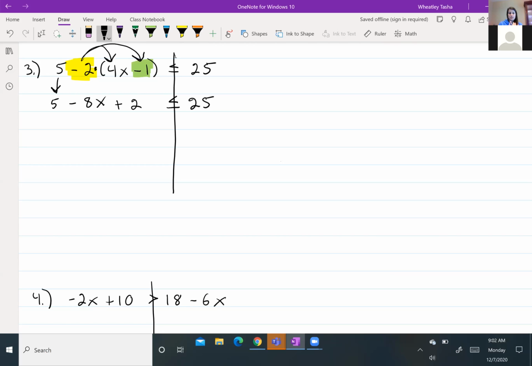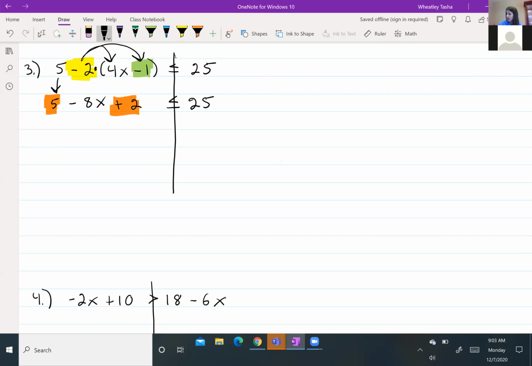Next step would be to combine like terms. These steps are listed in the notes in Empower. I would have those so you can say, oh, this is a multi-step equation. I need to follow these steps along the way. I have those shown in videos throughout Empower as well that you could look and refresh on that. So the second step would be to combine like terms if you can. Our -8x is the only term with a variable, so we can't combine that with anything. However, we can combine 5 with +2, because those both do not have variables,